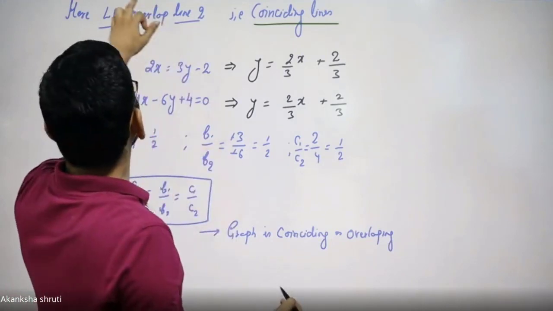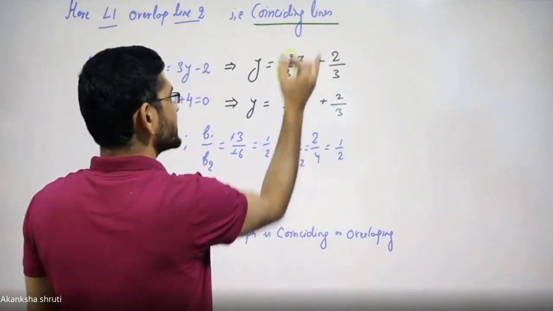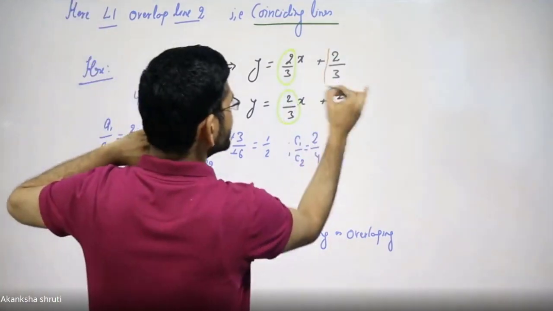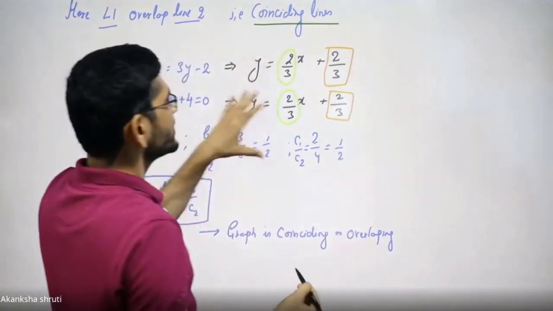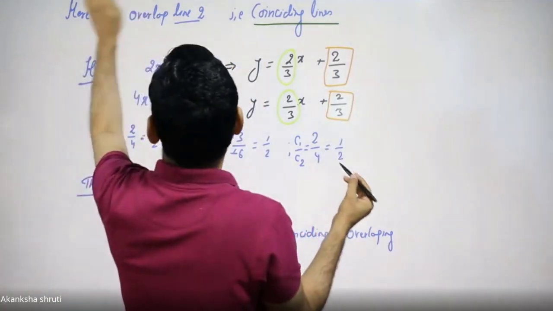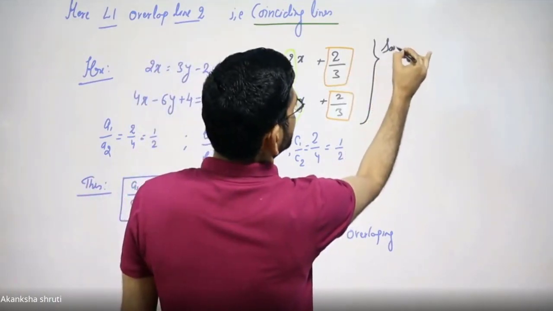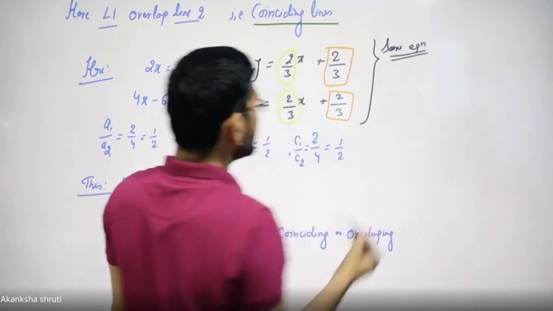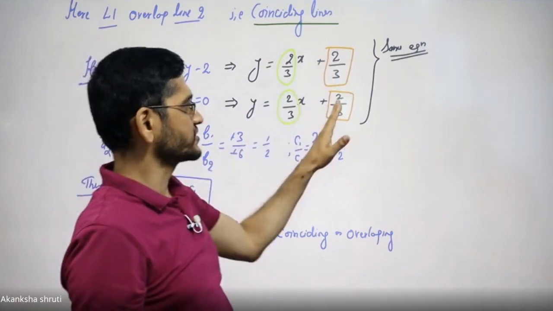In these two cases, a very interesting phenomenon arises. One is, see, this coefficient is equal. In addition to this, even these constant terms are also equal. Means these two are exactly the same equation. So they are the same equation. In this case, students, the coefficients of x are equal, also the constant terms are equal.